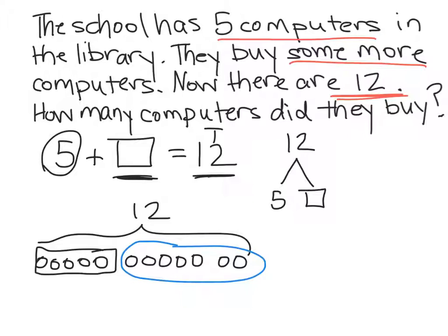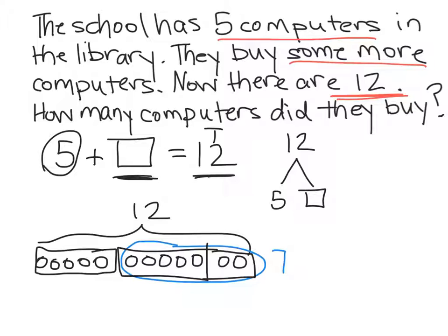So if I count up my circles that I added, I have an extra 5 here, plus 2 more, is 7. So I can say they bought 7 more computers to get to 12 computers total. Okay? You might also show this in